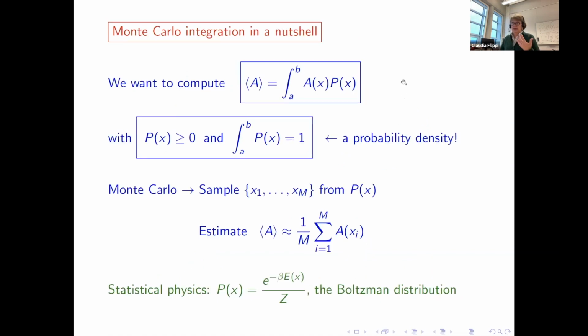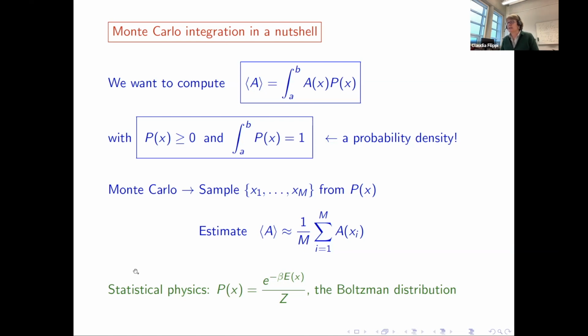Now, let us think about the problem in a nutshell. So we are having an integral of a function, let's call it A, and you're taking its average with this probability distribution. Okay, so we are taking a probability density, p of x greater than or equal to 0. It integrates to 1, and then we sample. We're going to have to see how we achieve such a sampling of configurations according to p of x. And we estimate then this integral, the average of A, by summing all the A over the samples divided by the total number of samples.